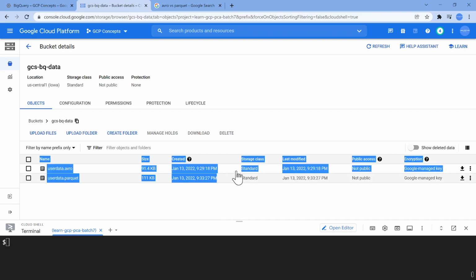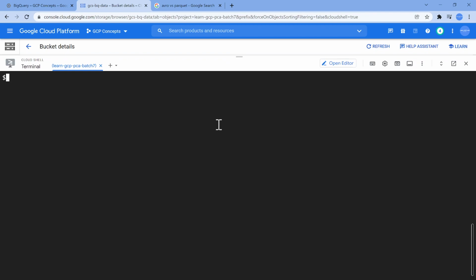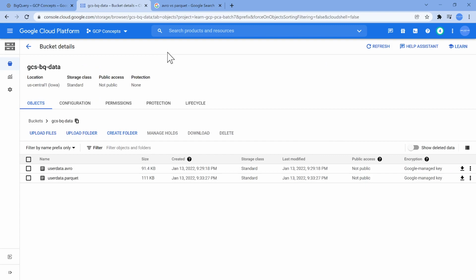What I'm going to do is run a command which is going to load these two file formats as external tables into BigQuery. So the first one is already loaded, in Avro format, the second one in Parquet format. So let's hit done.